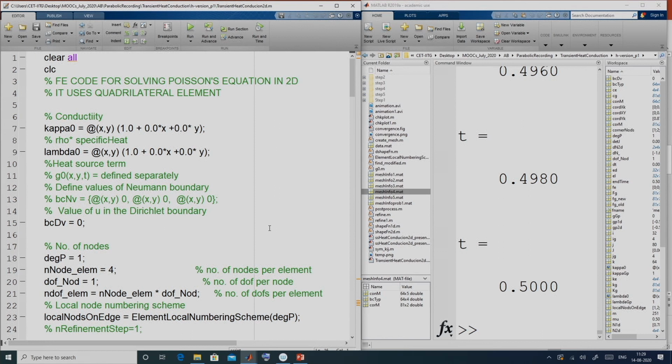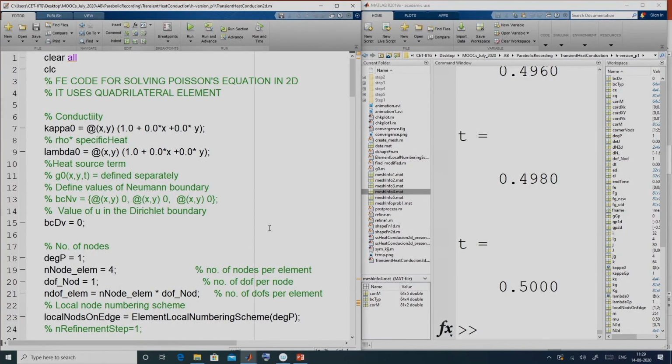Now, if I plot a surface plot, suppose I want to see how the temperature is distributed in the domain at a particular time instant, we can make use of the post processor that we already developed in the steady state heat conduction problem. We can use it and see the temperature variation in the domain. With the evolution of time, the temperature distribution also changes in the whole domain. So, it will be better if we can put those figures in a sequence, same as the time step, and visualize in the form of some animation or video. We can visualize how the temperature is evolving in the domain with time.